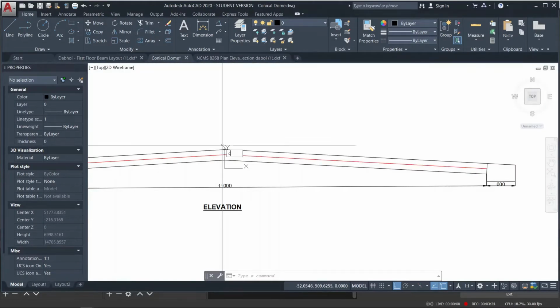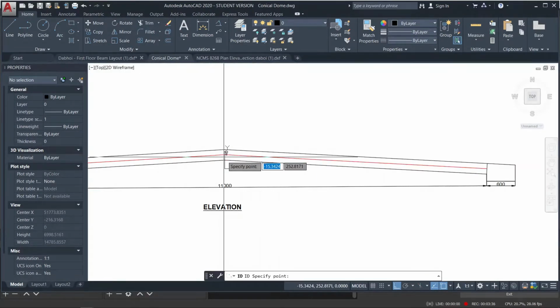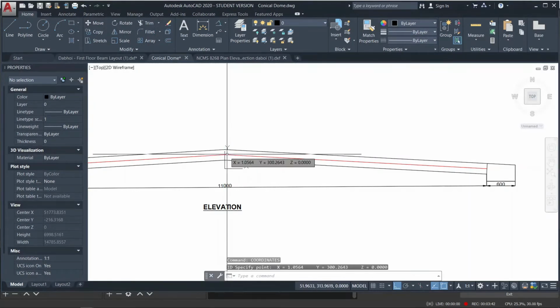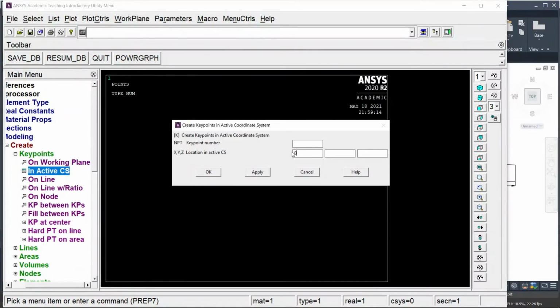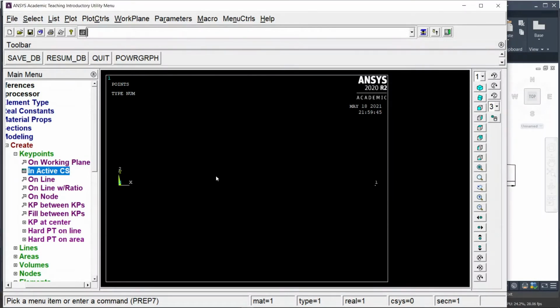Let's just cross check it. As you can see, the y is 0.3. Let's go ahead with that. X would be 0. Now we have created both the key points.